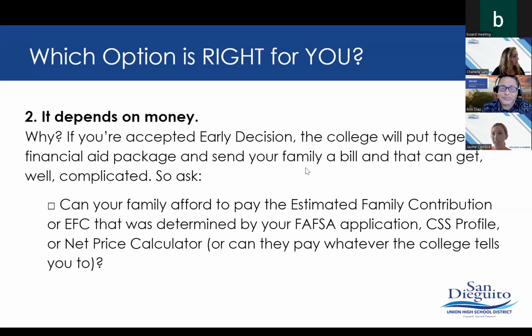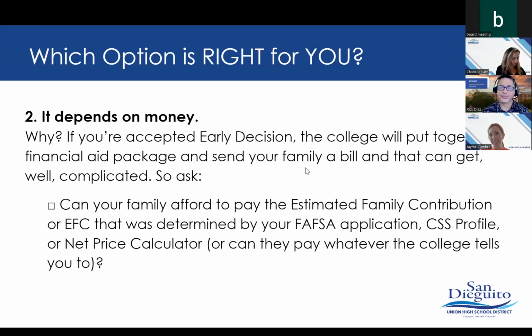Something to piggyback on what Rick just said. In my years as a school counselor, at Torrey Pines and at the school before that, the hardest conversation to have with a student is when they've applied early action or early decision, or even regular decision, gotten into their dream school, and then their parents have to say, you can't go, we can't afford it, or the financial aid package wasn't what we expected, or family member number 37 who said they were going to put money towards the college account never followed up with what they said.